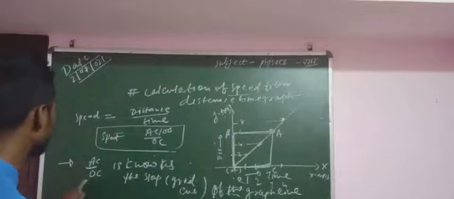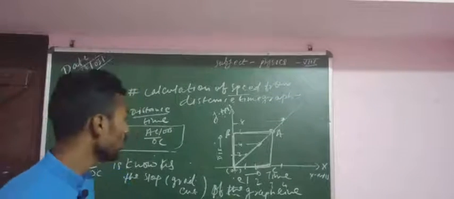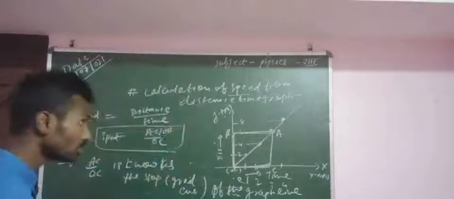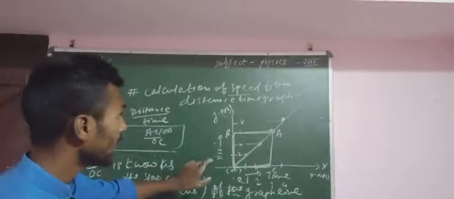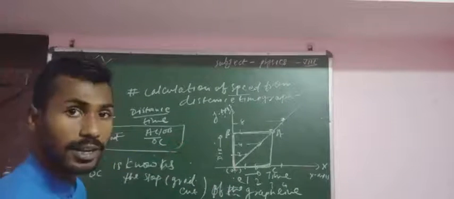That means कि AC by OC is known as the slope or gradient of the graph line. तो सिंपली समझना आपको कि टाइम ऑलवेज एक्स एक्सिस, डिस्टेंस ऑलवेज वाई एक्सिस।